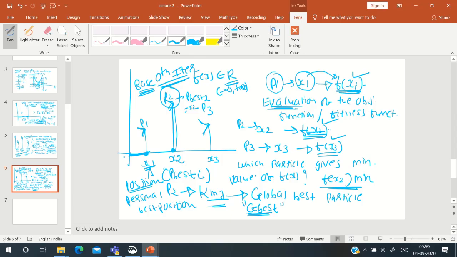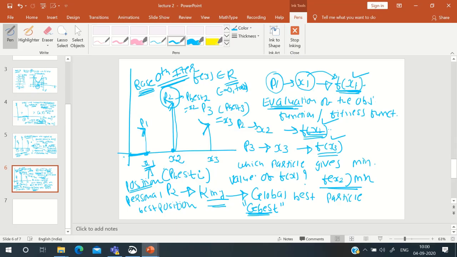Similarly, what is the personal best position of the third particle? That is, the x value is how much? P best, so it is x3. Personal best position means x value, so it is x3 in this case. Okay, so now